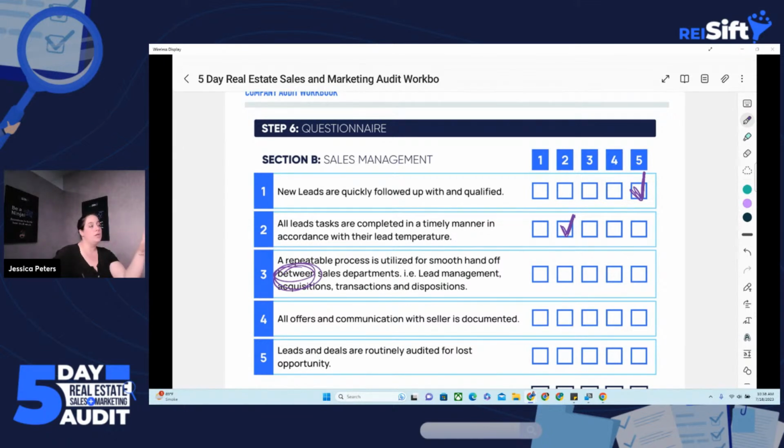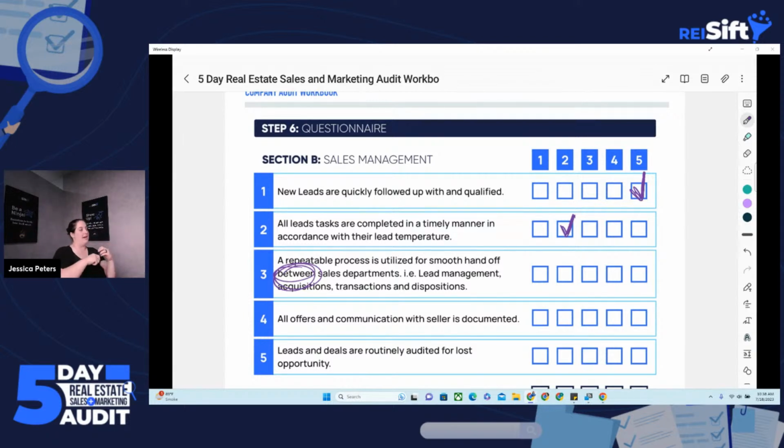Where people don't usually have a process is if I have to pass it back down. What if I pass it over to lead management and then they ghost me? What if lead manager passes it off to acquisition, so I think they're ready to hear offers, and then I realize we're not going to be able to come to an agreement? Maybe this person has a real emotional attachment right now, but their circumstances could change. So I still want to follow up with them. I have to pass it back down to lead management. So do I have a process to pass it up the chain and down the chain?